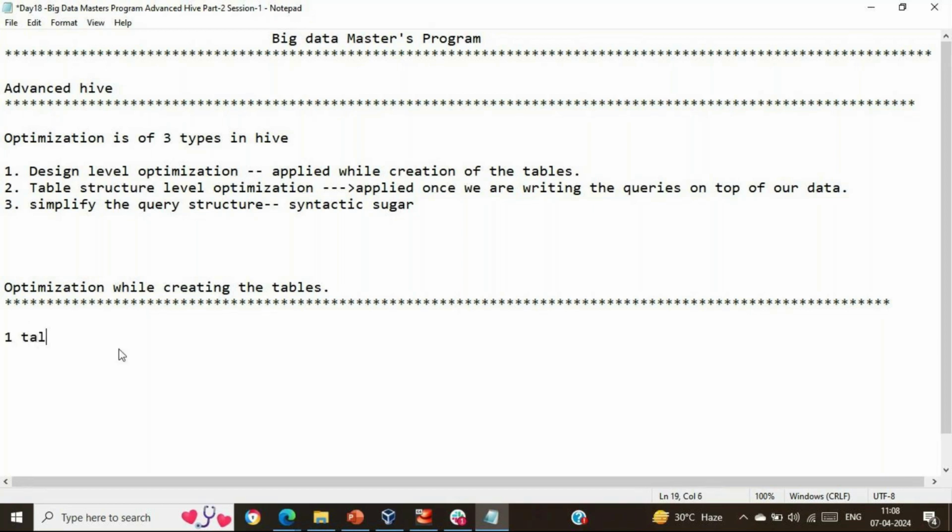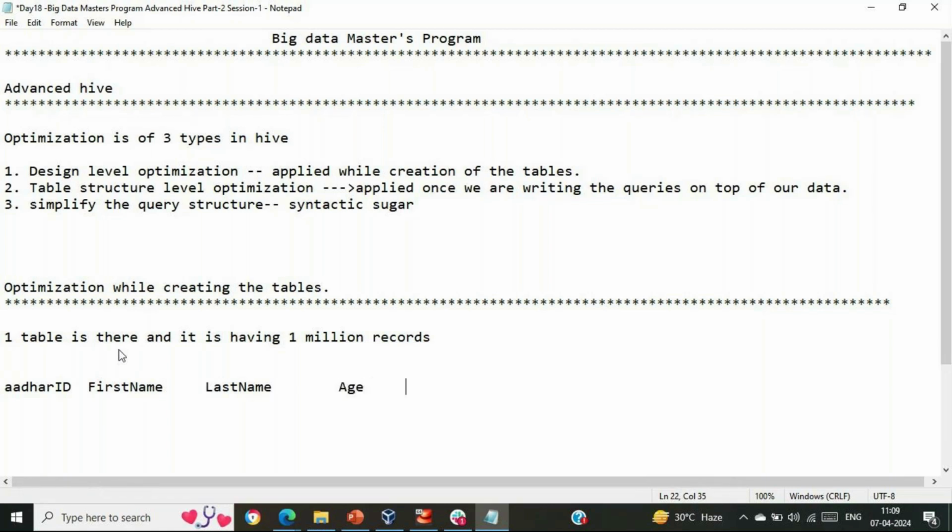One table is there, and it has 1 million records. Records are in this particular way, say employee ID, or let me take the population data. Say we have the Aadhaar number in India, Aadhaar ID, then first name, last name. This is the schema. Then age, date of birth,